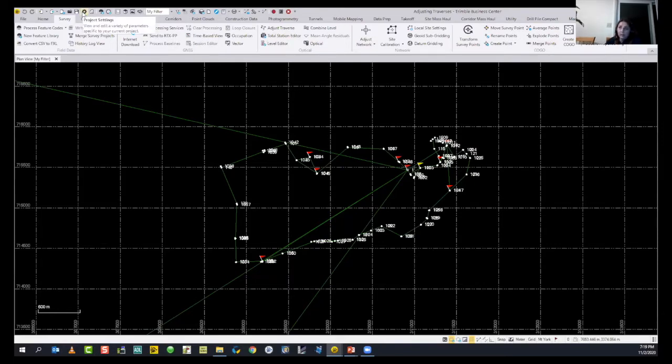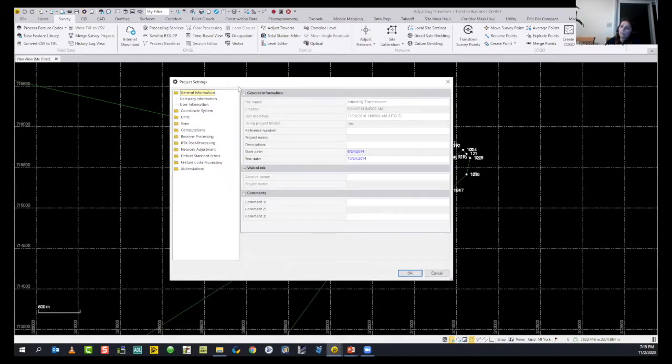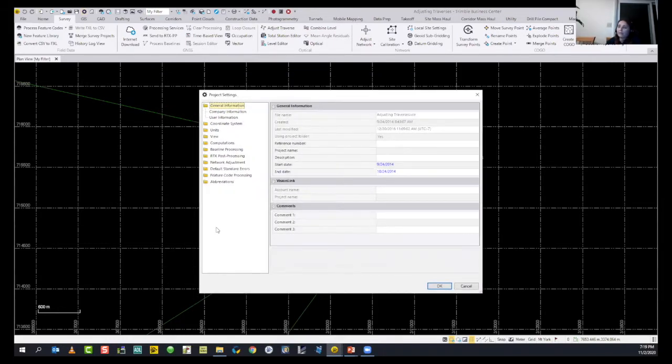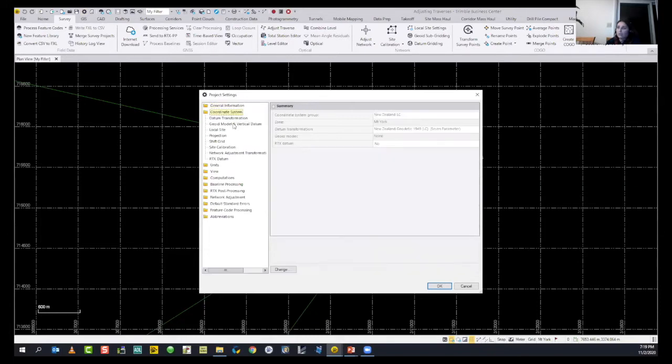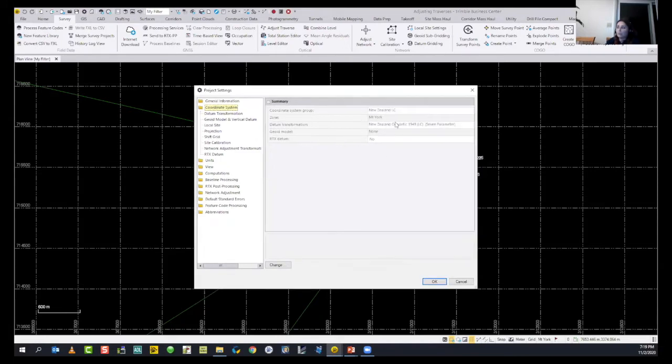Project Settings is located on the Quick Access toolbar on top of the menu. As soon as you click on it, you will see a left pane with a bunch of folders, starting with General Information, Coordinate System, Units, View Options. This is an already prepared project file, so a coordinate system group is already assigned, and the unit is the metric system.